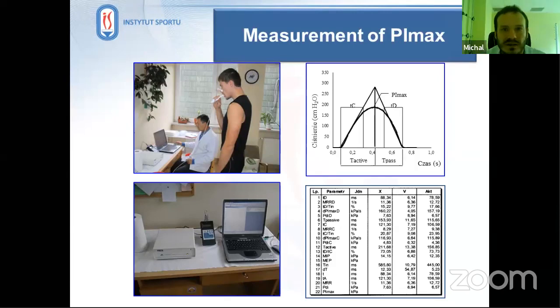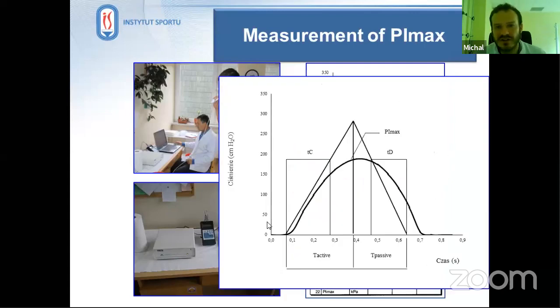So, okay, no problem. So first of all, we need to check what is the strength of the muscle. We measure the inspiratory pressure, maximal inspiratory pressure by doing 10 breaths as deep as you can. You inspire as deep as you can, as fast as you can. And then on the chart, you can have your maximal inspiratory pressure. So it's a score. What you can have,